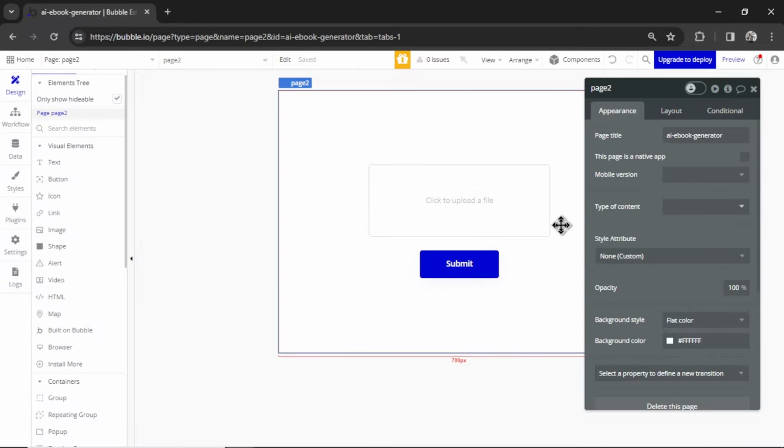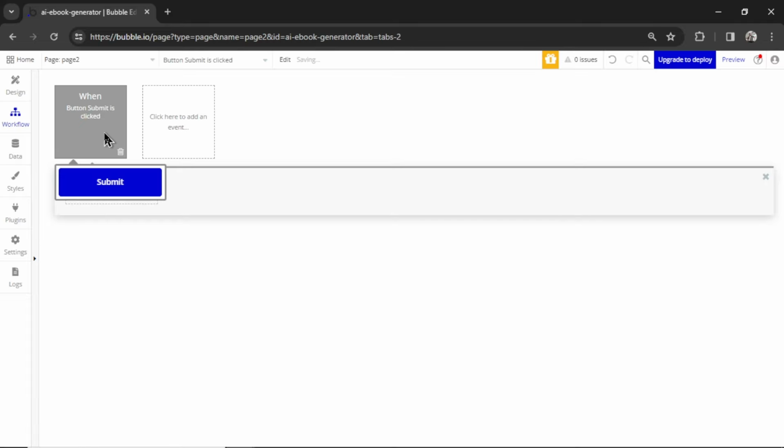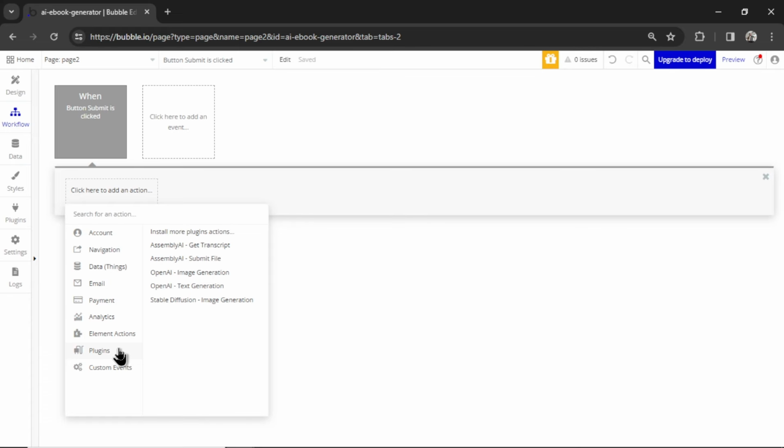Now user lands on the page. They upload an MP3, MP4 file, whatever. It uploads to our app. It gives us a URL. They click submit. We send the API call. So let's build out that workflow. We'll go on the button. We'll go add workflow. So when the submit button is clicked, and hover over plugins, we're going to submit file,